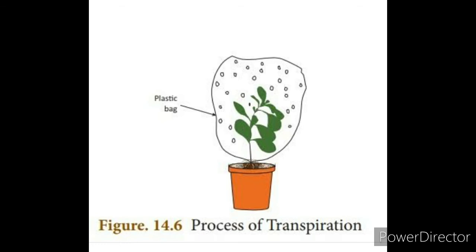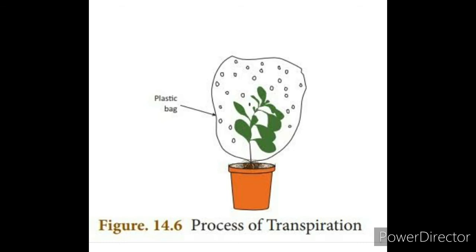The water lost due to transpiration is taken up from the xylem vessels and the tracheids in the leaves. Whatever water is lost from the leaf is taken from the xylem vessels and the tracheids which are present in the leaves. Then where are the xylem vessels and the tracheids getting the water?